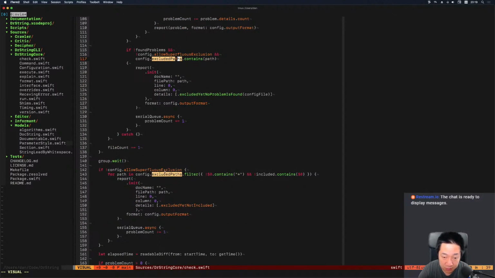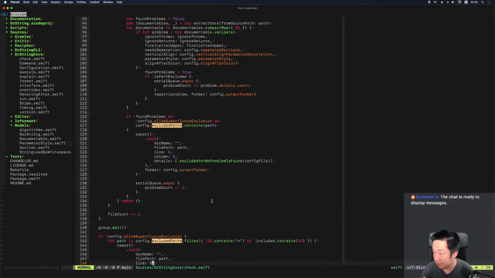Later it's also being used for things like if you explicitly exclude some files, but they're not included in the first place, right? Then that's also a problem. We're going to also complain, but with a different message. Anyways,